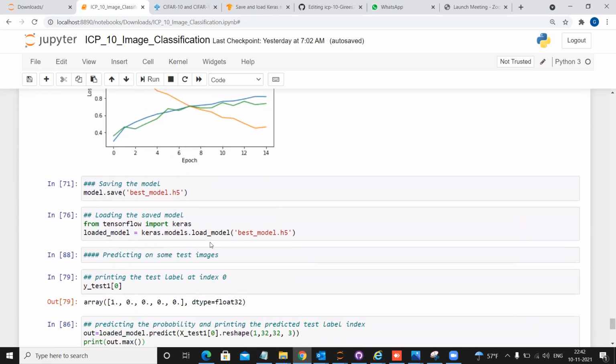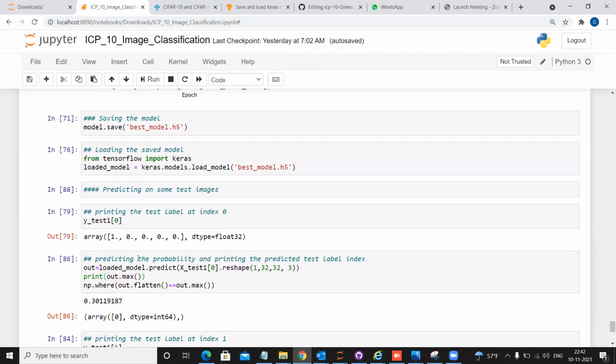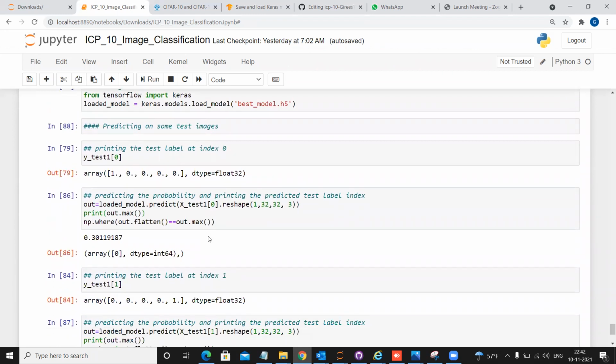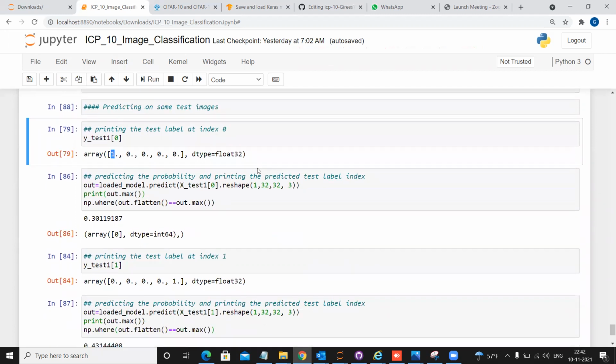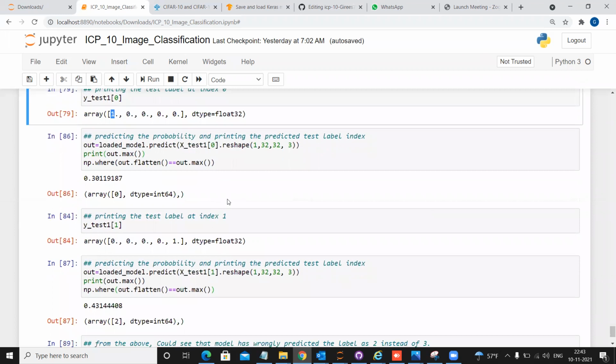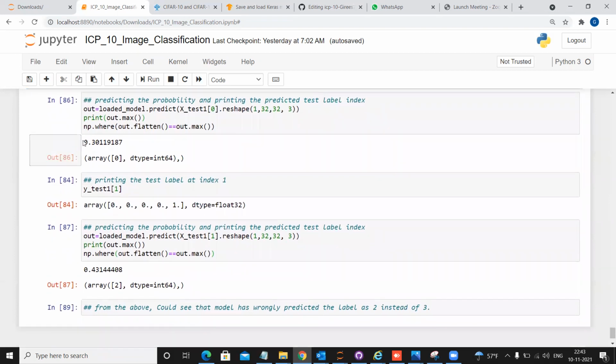So after the model is loaded, we are predicting on some test images, and we are printing the test label at index 0. You can see it written as the output array, index at 1, and data type is float 32. And then we are predicting the probability and printing the predicted test label index, which returns the output as array 0 and data type int 64,